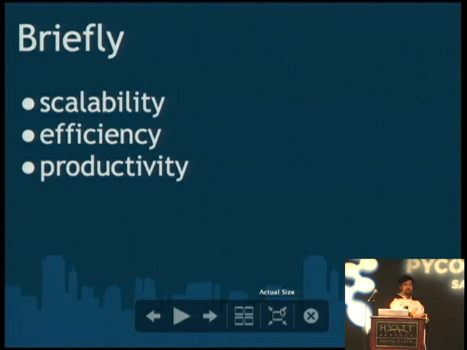So the talk nominally is about scalability, but I find that people often confuse or conflate scalability and efficiency. So I'm going to try and pick them apart and talk a little bit about both, because they're both important, especially when things get very large. And I think that's mostly what people are probably interested in, what happens when things get sort of beyond